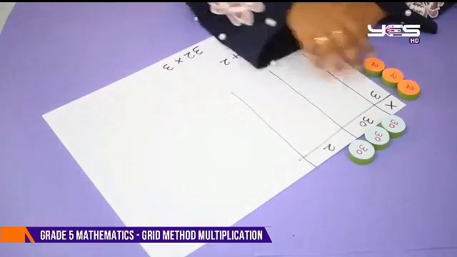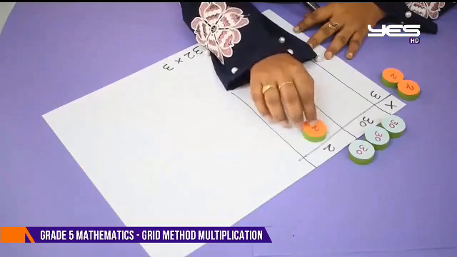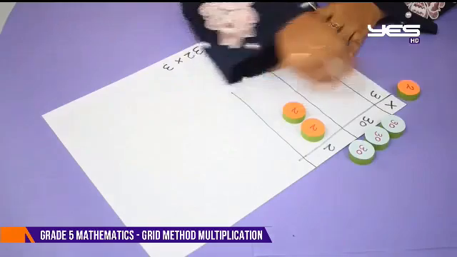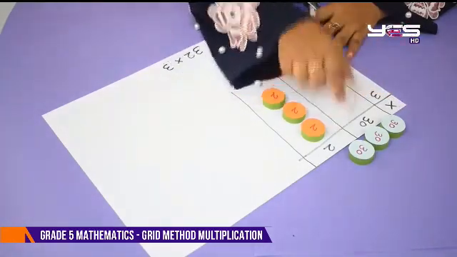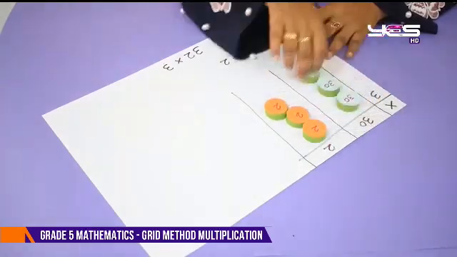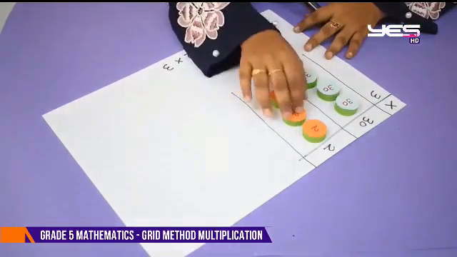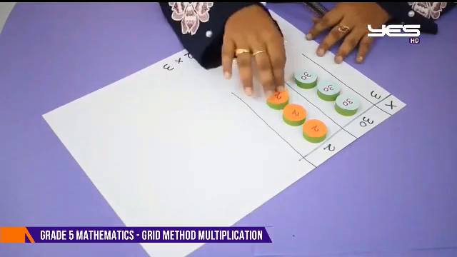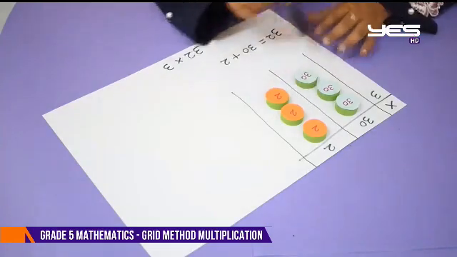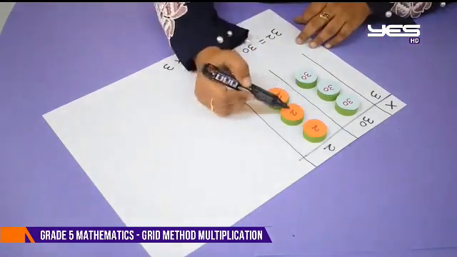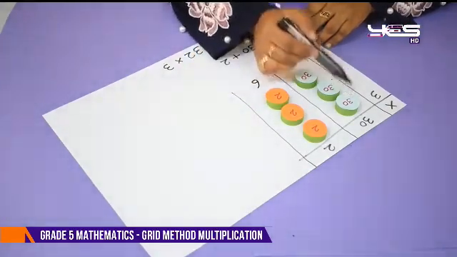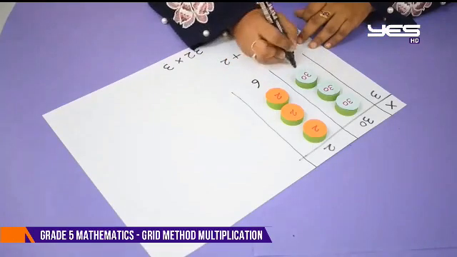So now I will place the counters to multiply. 2 is multiplied by 3 here. So I will place 3 counters here. Okay. 3 sets of 2's. 30 also the same. 3 times. As you all know, repeated addition is also multiplication, right? So now we are multiplying. So we will find the answers when we add these up. So 2, 4, 6. Now we are adding it. Here 30, 60, 90, right?